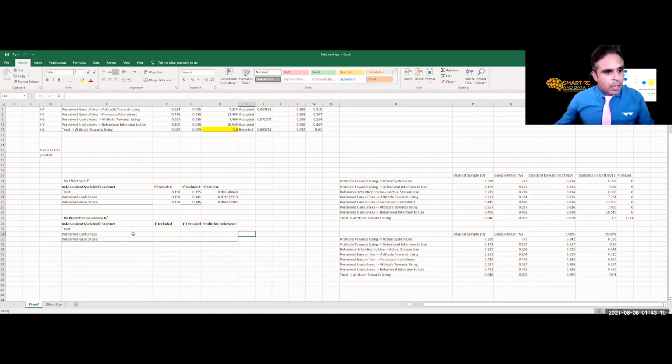Let me underline this, make it look more beautiful. Bold this one. All right, we have trust, perceived usefulness, and Q included. What's Q included? This is the